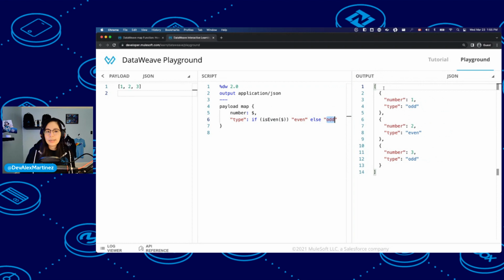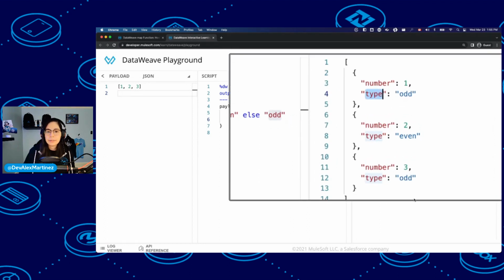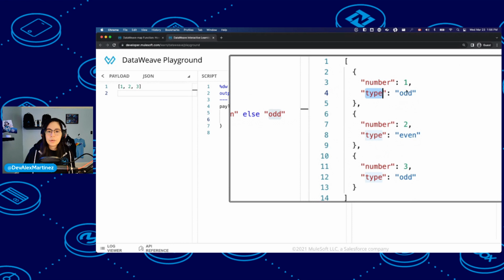Now this is an array of objects. Remember, on the last one we were transforming an array of strings into another array of strings. But now for this one, we are transforming an array of numbers into an array of objects. So here we have three different objects and they have the fields number and type. Number one is an odd number, so it says odd.